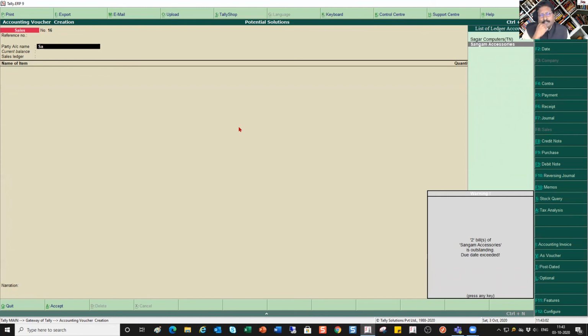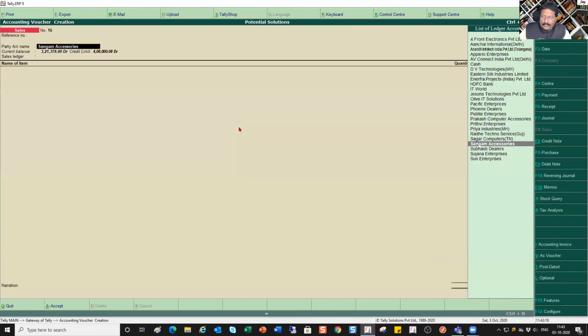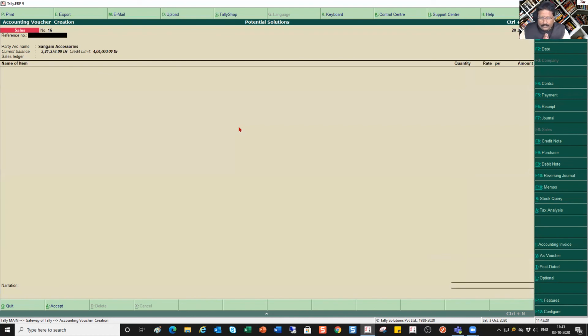So you can get a commitment from that person. Now, for example, let us say the person says, okay sir, I know it is overdue, but can you please give me this consignment? I will give you a post-dated check. So what is the date today? The current date is 20th of July. Let us say he is giving you a post-dated check, which is 30th of July, right? So now